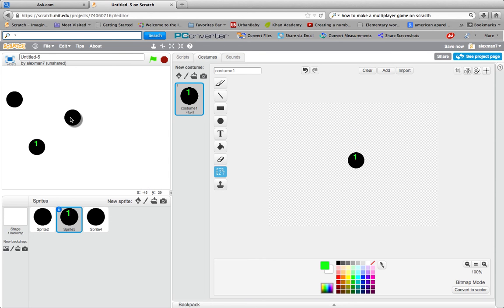Then here we'll do V. So this one's moving by variables. So here we'll make a V. And then here we will move it with,